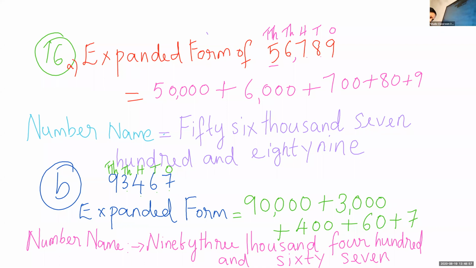So question number 16, we are writing as expanded form and number name. The given numbers can be expressed as expanded form. How to write the expanded form? Sum of the place values. Here 9 is in 10,000 place. So after 9 we have 1, 2, 3, 4. So you have to check here 4 zeros are there. After 3 we have 1, 2, 3. So there are 3 zeros. After 4, how many? 1 and 2. Only 2 digits, so we have 2 zeros. 6, after 6 we have only 1 digit, so we have 1 zero, then 7.